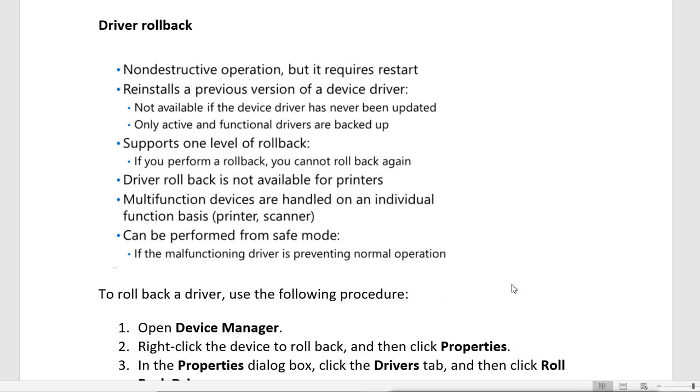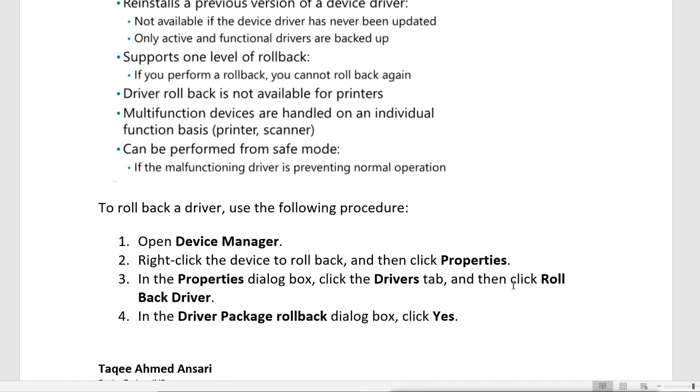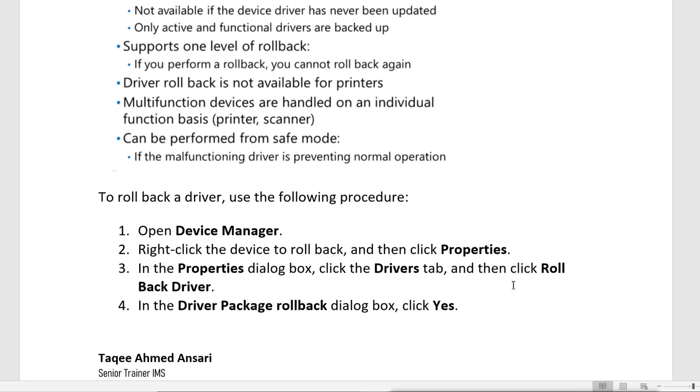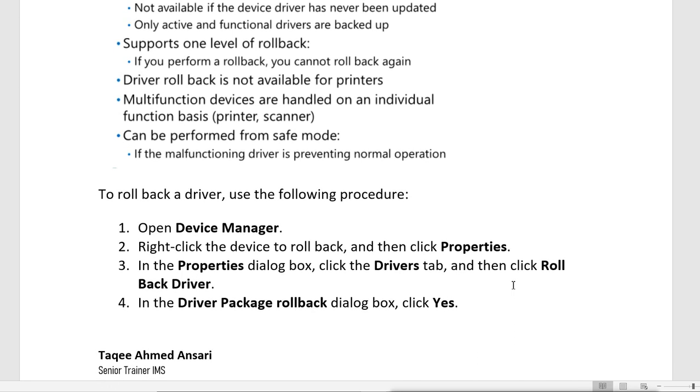The procedure for rolling back the driver is very simple. We go to Device Manager, right click on the device to roll back, and click Properties. In the Properties dialog box there is a Driver tab, and in it you will see Roll Back Driver. In the driver package rollback dialog box, click Yes.